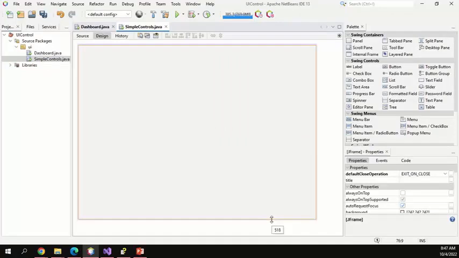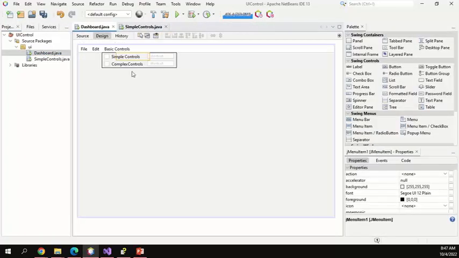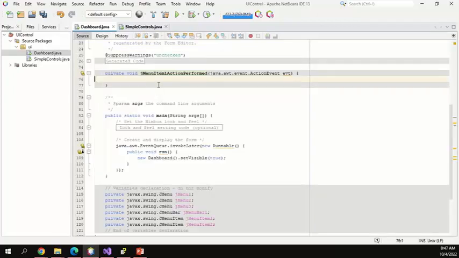In this form we will be manipulating some simple controls of the Swing for creating the interfaces. Let's go back. You can navigate between the source and the design from here. So the simple control, let's open the simple controls form over here. So what should we be doing here is